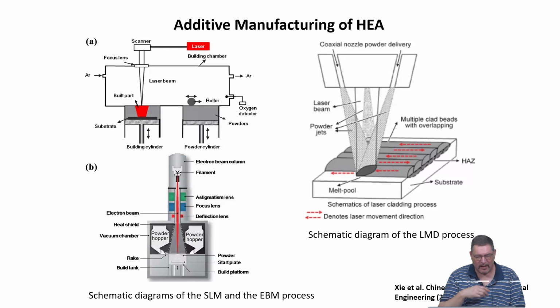So you basically have a powder of your material you want to make a structure out of. You put it down in a layered fashion, and then you scan with a high power laser in the regions where you want to create a structure. It melts, it freezes, and you take the rest of the powder off. You can even reuse it, and only the structure is created in positions where it should be. So you don't need to machine out material, especially for high cost materials like high entropy alloys. This is a favorable way to go.